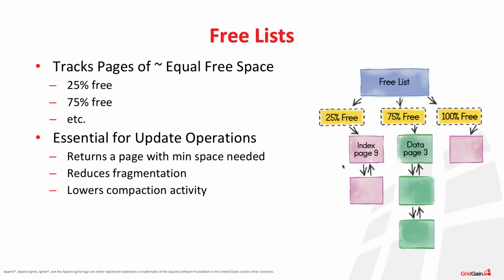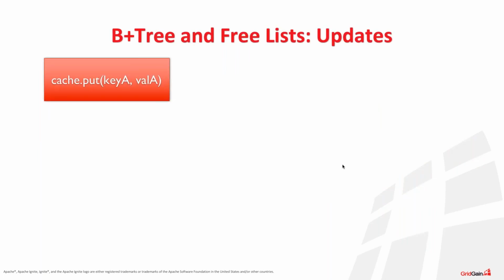Because we do know that fragmentation is unavoidable in general, especially if your cluster is up and running for months, years, and more. But if you use your memory frugally, then you can reduce all the compaction or fragmentation activity significantly. And this is why the free list is an essential part of our virtual memory architecture. And now let's quickly look at the execution flow of the basic put operation.